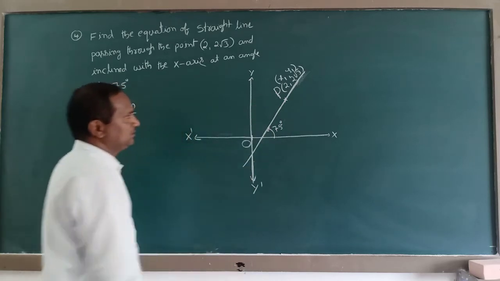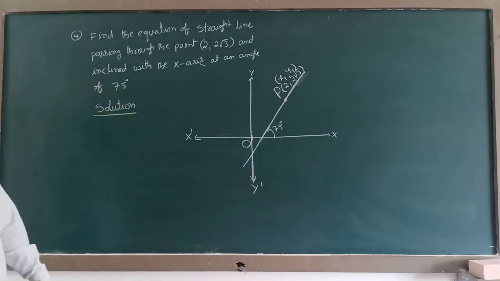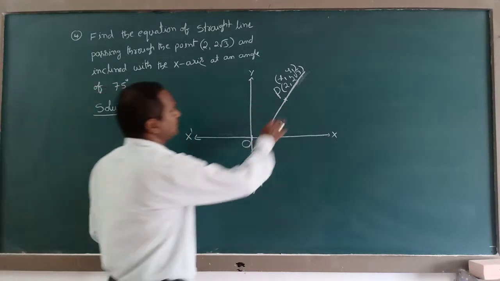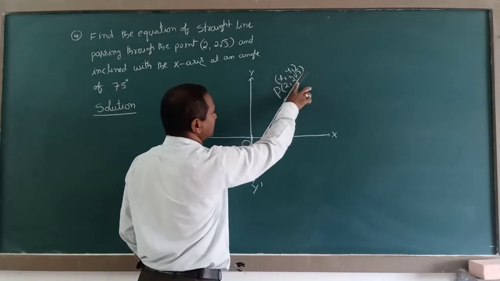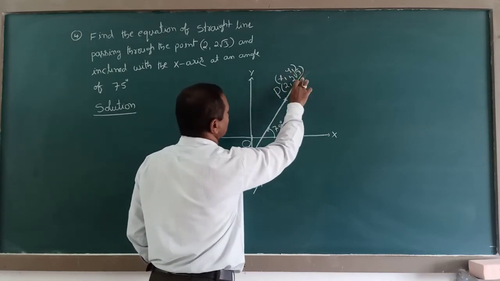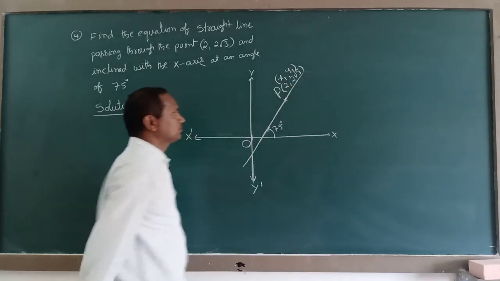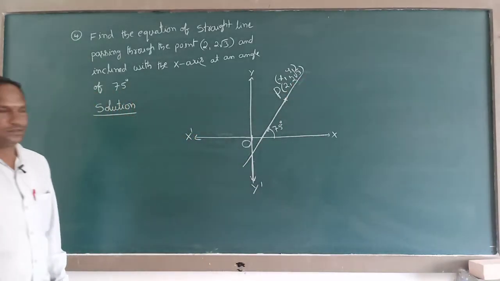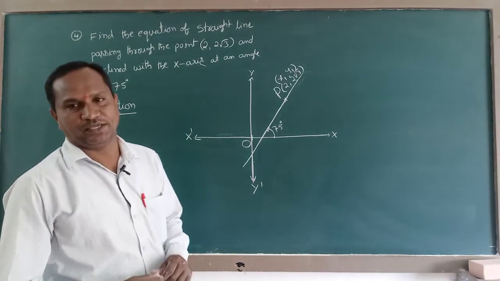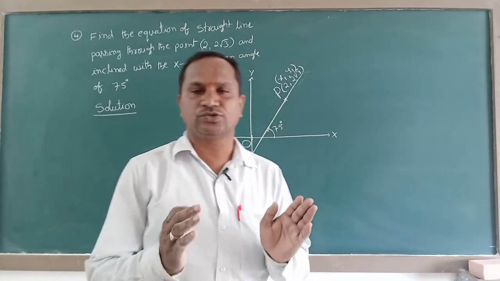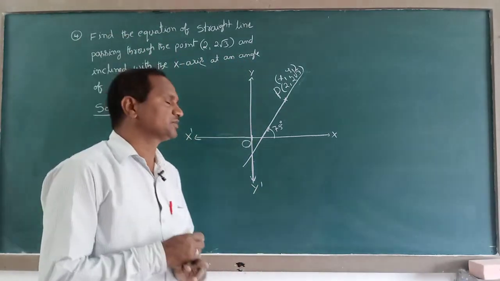But they are asking for the equation of that required line segment here. They are asking for the line equation. But they are not giving the slope here. That's why you should first write down what they are giving. Given that